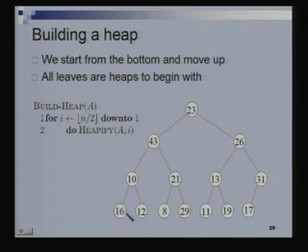Note that these are already heaps. If I just look at the subtree rooted here, which is just this node itself, this is a heap because it does not have any children. So, it does satisfy the heap property. So, these individual leaves are heaps. So, no problem here. Now, when we say we are going to create the heap bottom up, what we are going to do is make a heap out of this. We would want the subtree rooted at this node also to become a heap.